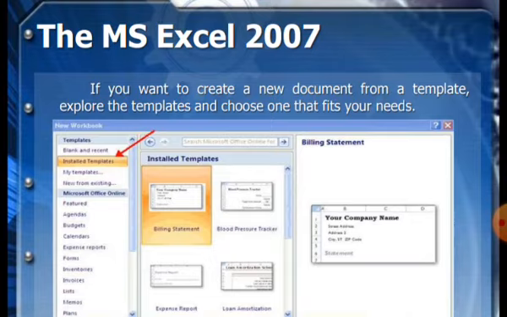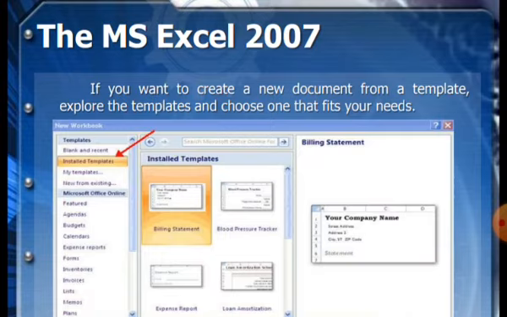Here you see, if you want to create a new document from a template, explore the templates and choose one that fits your need. So you see on the left hand side of the workbook there is an install template option. When you click on it, several installed templates are shown in the middle of the window.